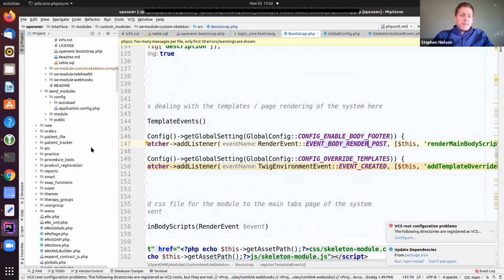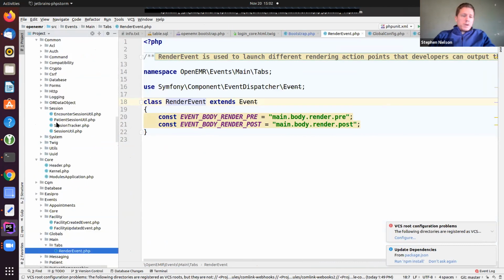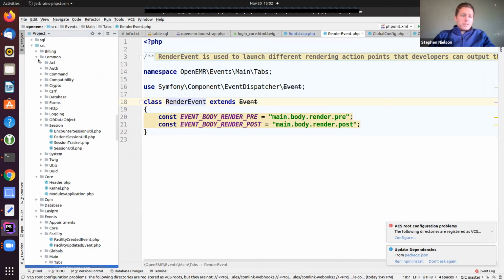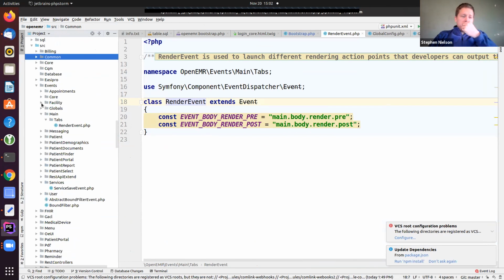again, if you're trying to figure out what can I modify in the system, let's just go here to render event. So if we come here in source into my events folder, let's drop the comment out of the way. Source events, I have listed here all these various events, right? Appointments and core and facility and main.